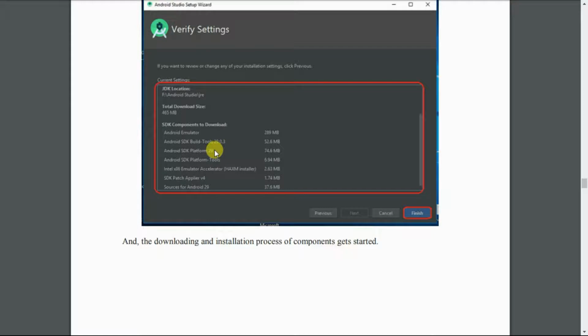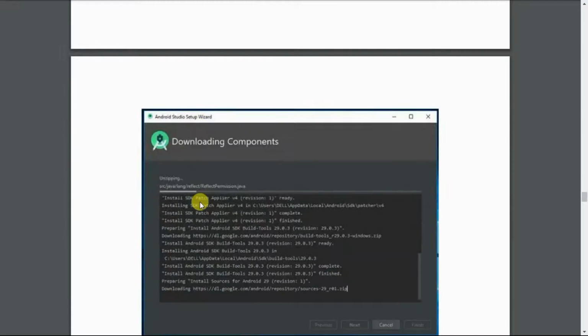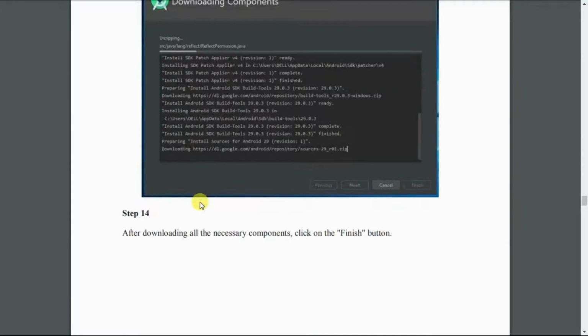So this is a very important step, guys. Remember, while you are installing Android Studio, your net should be there, a proper net connection. While installing, it downloads all the latest updates, SDK platform tools, SDK build tools, emulator, everything will be downloaded from the internet. Okay, click on the finish button. After clicking the finish button, finally it checks for all the upgrades.